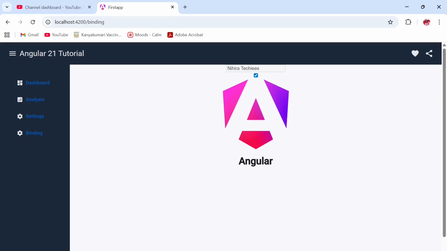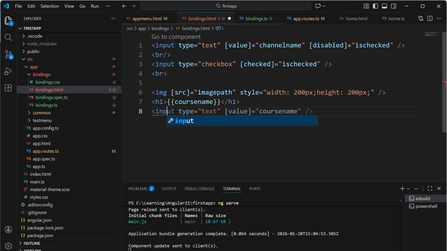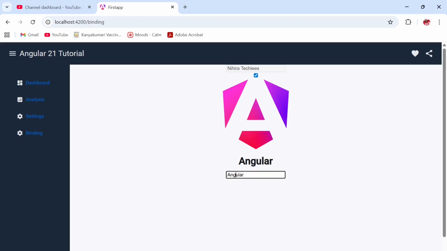So the same way we can bind the value for an input control. I'm taking the same input control. So this one is property binding. Instead of that, I'm going to use interpolation. I just removed the square brackets. Now if you look here, the same value is bound. But here the problem is, if you are using this interpolation, whatever value you are binding, it will consider